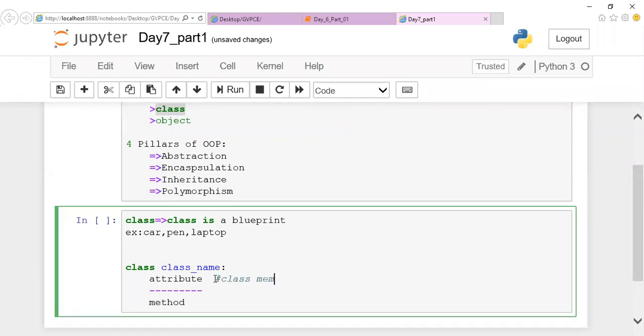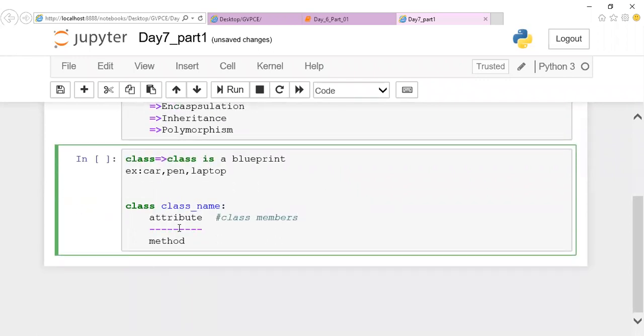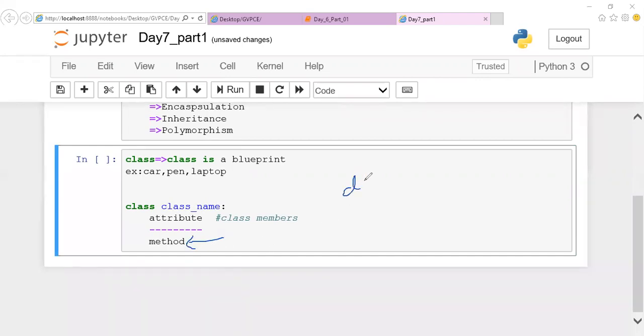So whenever I declare a class, what can occur inside a class? It can be an attribute or it can be a method. I can't do any operation directly inside a class. If some variable is required, I can declare it inside my class. If I want to do some manipulation like addition, subtraction, or whatever calculation you want to do, you're supposed to do it only inside the method. Here method means function.